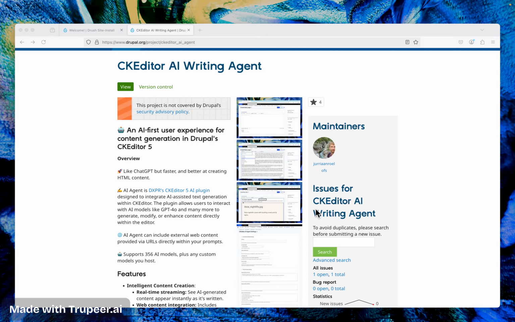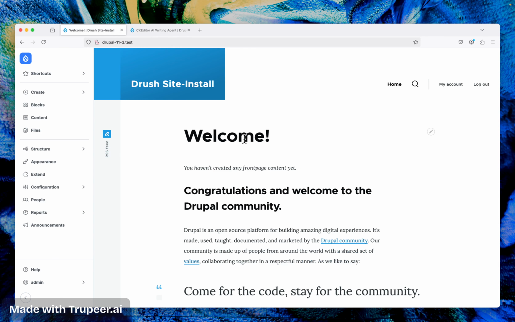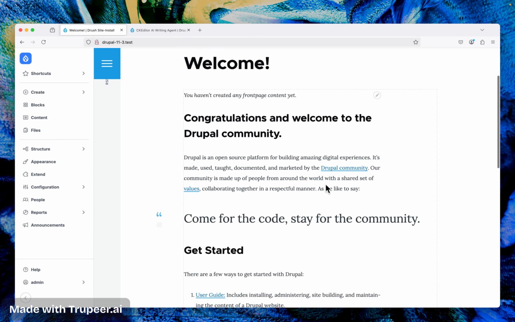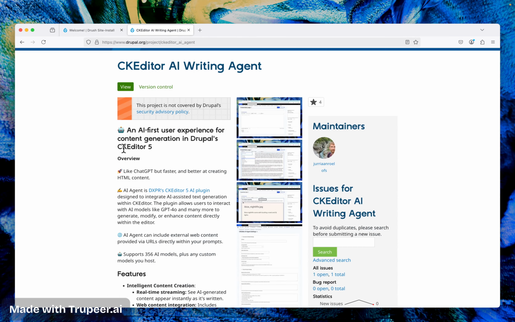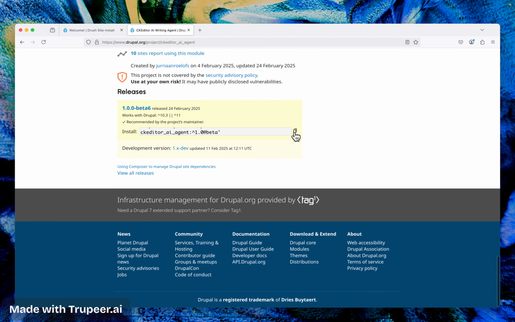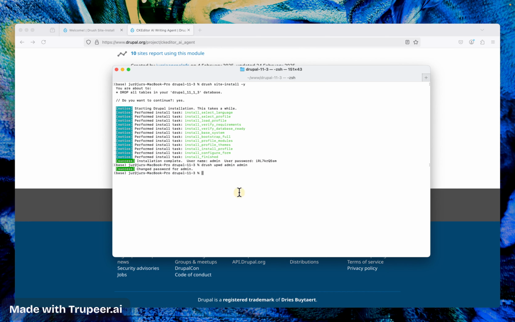In this quick demo, we'll walk you through installing the CKEditor AI writing agent and setting it up on your Drupal website. I have a Drupal 11 site here. It's freshly set up on the standard profile. Let's get started. First off, we'll need to grab the Composer command from the projects page and paste it into